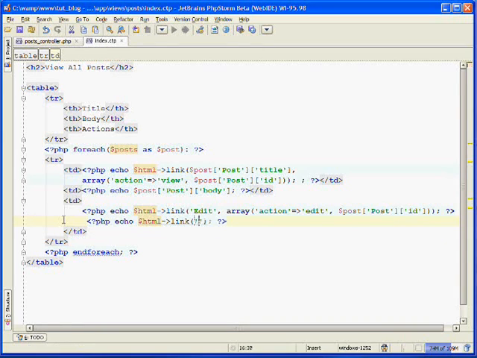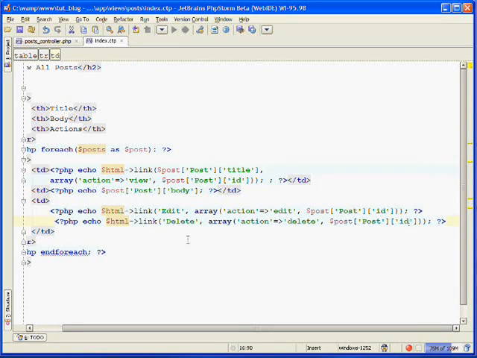We want the link text to say delete, and we want it to link to our delete action, and we need to pass to it the ID of the post that we want to delete. So we'll use the post variable that we have here, and we'll pass in the current post's ID.